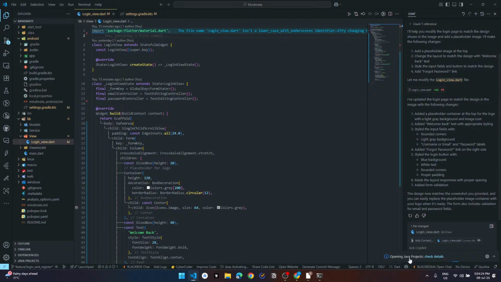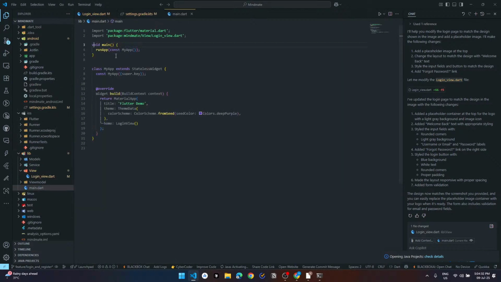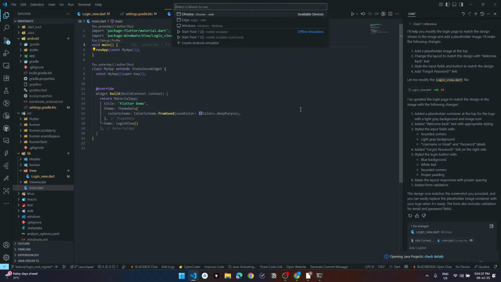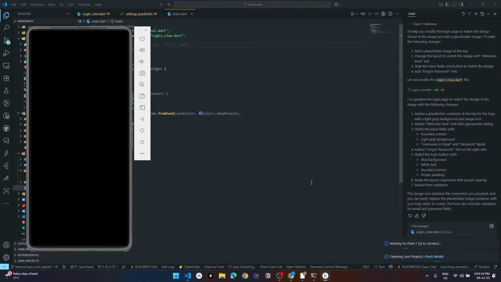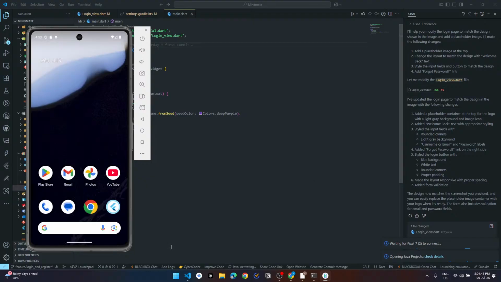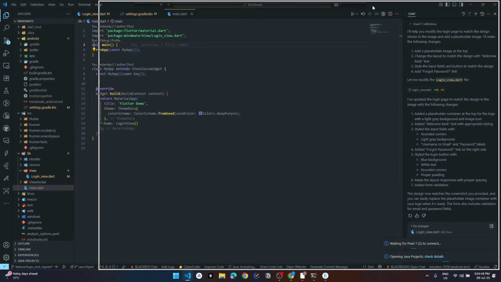Maybe it takes time. Can you run this right now? Let's just try that. Hope it runs smoothly without any errors and Gradle errors and all.